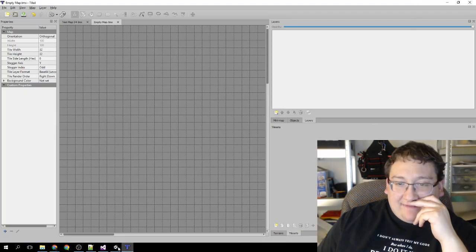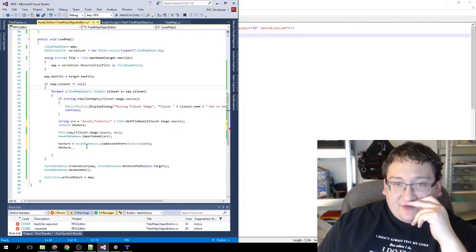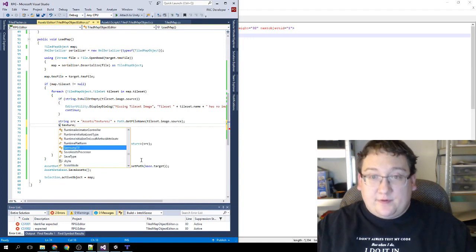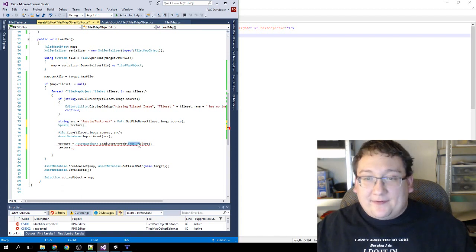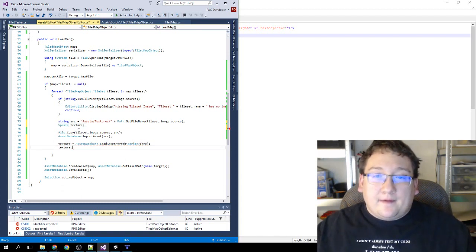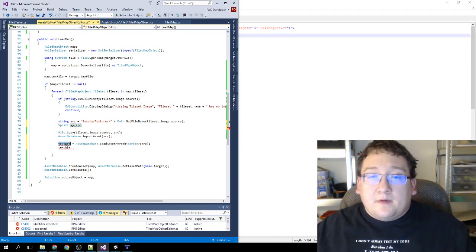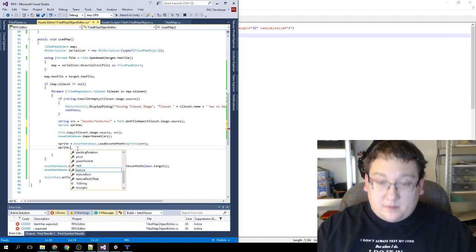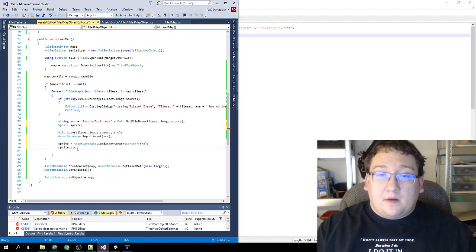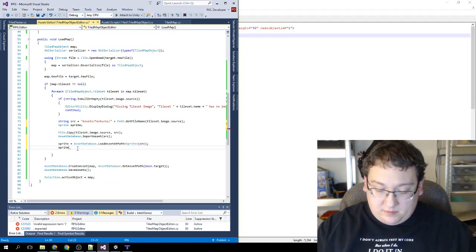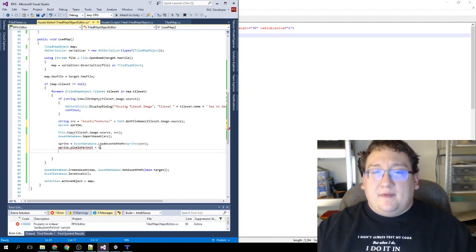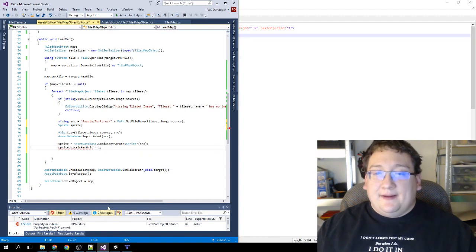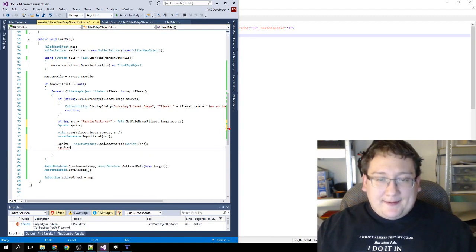I think I have to cast it as a sprite, not a texture. No idea if this is going to work, by the way. Is this a read only? That's read only. Yeah, but